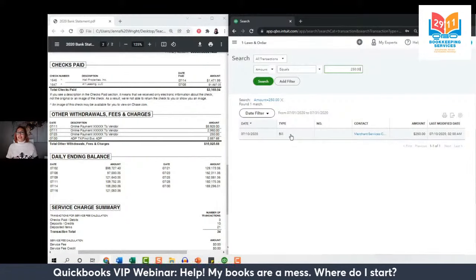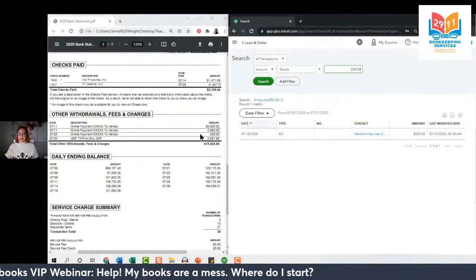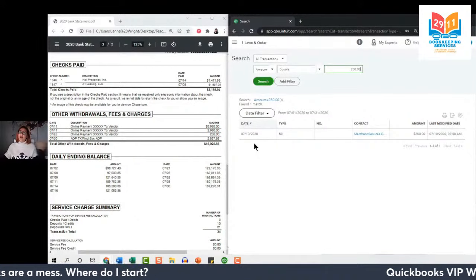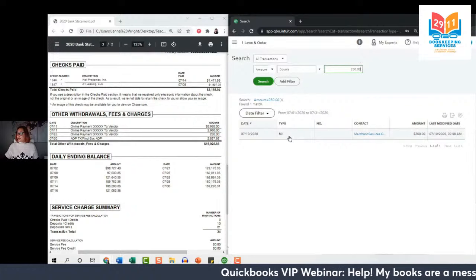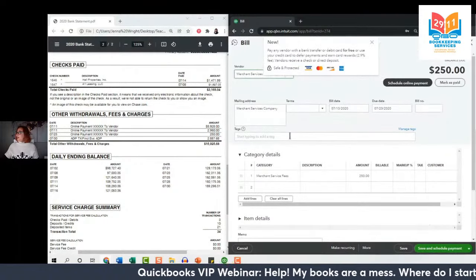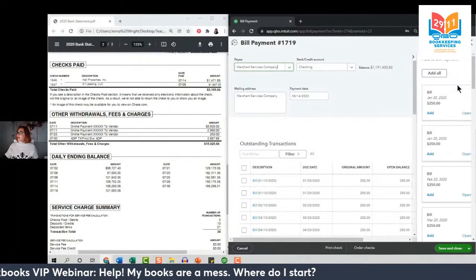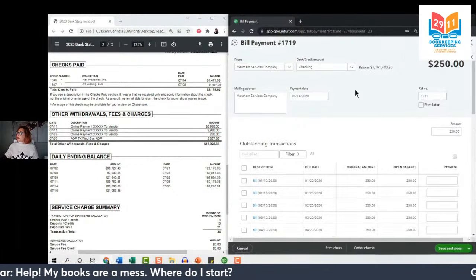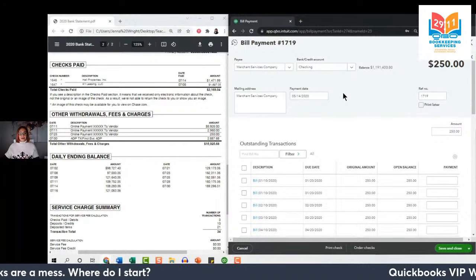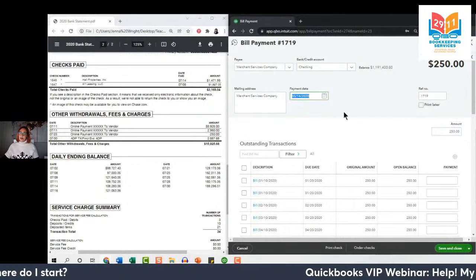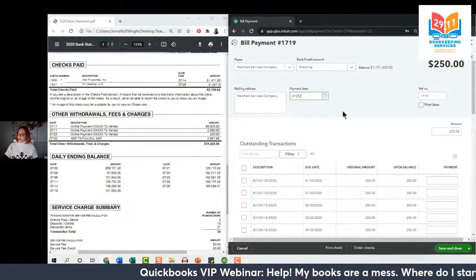And I just never recorded it in QuickBooks. This is an example of a transaction that's missing. It's on the bank statement, so it should be here in QuickBooks. And I didn't catch it before, but I'm catching it now since we're reconciling. So let's go ahead and record that. I'm going to select the bill, and up here in the top right corner, let's click Mark as Paid. And now we're going to make sure that this payment is on the right date in the right place. So this transaction here should be dated 7/25 of 2020.